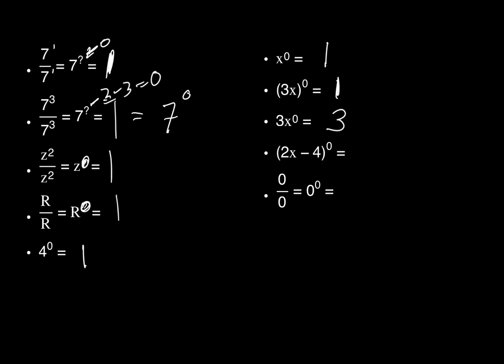Who can explain why it's 3? Since the exponent is only on the x, this is 1. So what I have is 3 times 1, because this is 1. And that equals 3. What's the next one? 1. And then the last one, and here's the question, and I'm not going to answer it right now, but